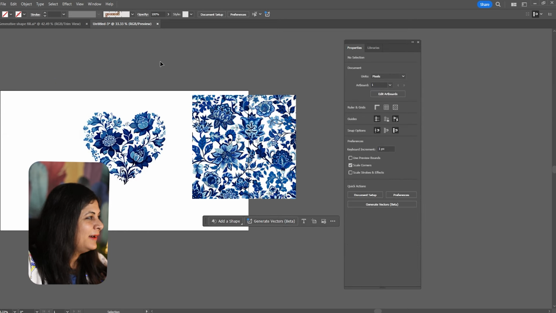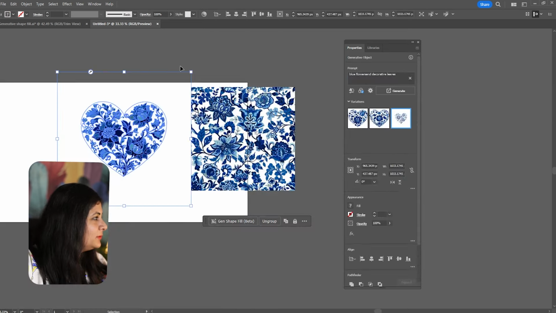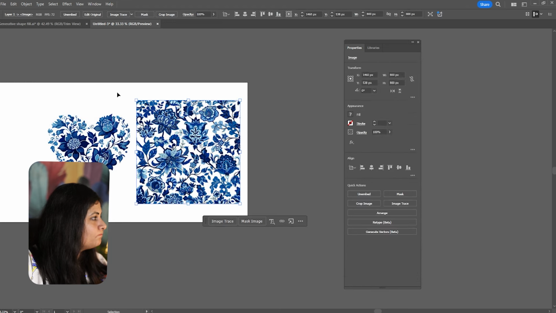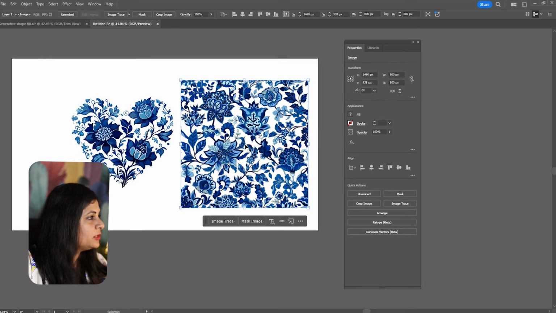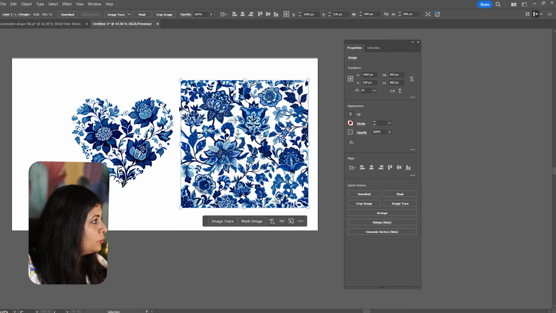Beautiful. I love it. I absolutely love it. You can't tell the difference at first look. And the shape also has been followed very closely.